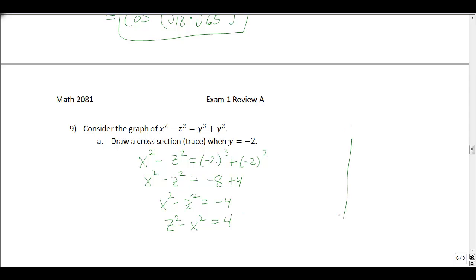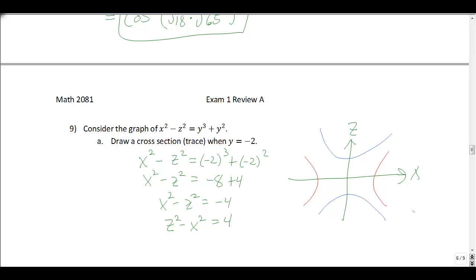Now when we graph that, I'm going to choose to graph this on the xz plane. So I'm going to label x here, z here. We're going to get a graph here. This is a hyperbola, and I have to think about, does it open this way, sort of the red direction, or does it open in this blue direction here? So it's one or the other. I'm not going to get too concerned about drawing this precisely, but it's either this blue hyperbola or